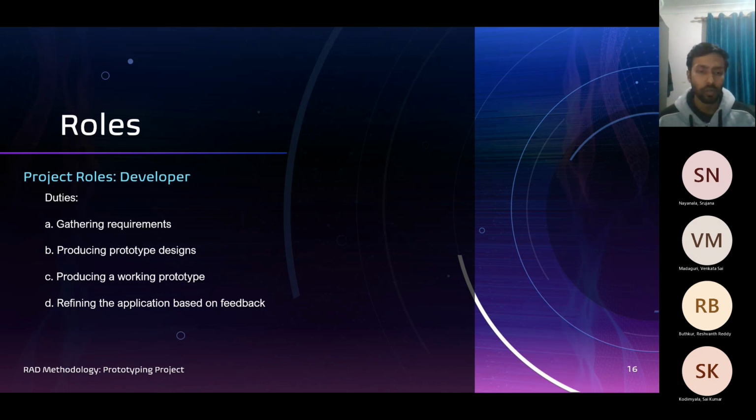I work collaboratively with my other team members to ensure that the application meets the needs of the target audience and the business objectives of the healthcare provider. My expertise in systems analysis, design, and prototyping was critical to the success of the project. In this next slide, as a developer,